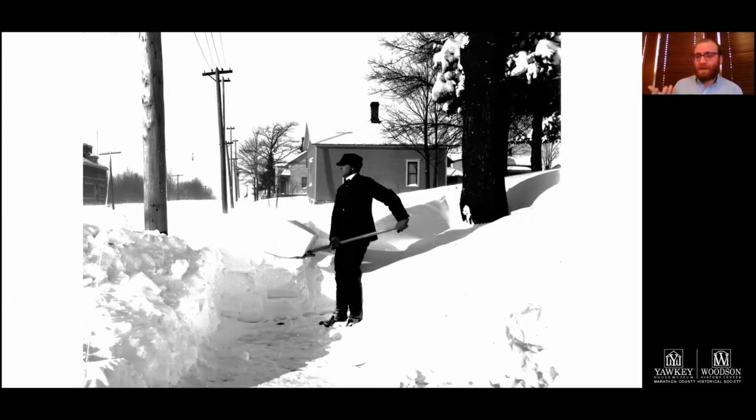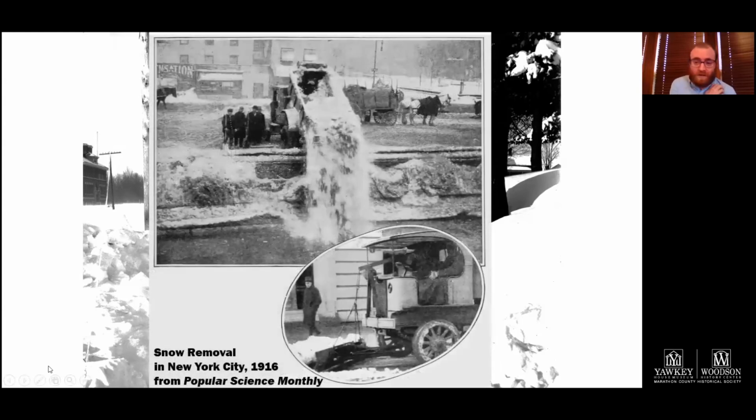But beyond that, if you look at snow removal, the county isn't going to send a guy like this out to shovel the entire county highway system or the streets of all the cities. It's not feasible. So depending on how people get around, you're going to have to adjust to best suit those needs. And what I mean by that is, if you look at, for example, in 1916, actually in the 1800s,